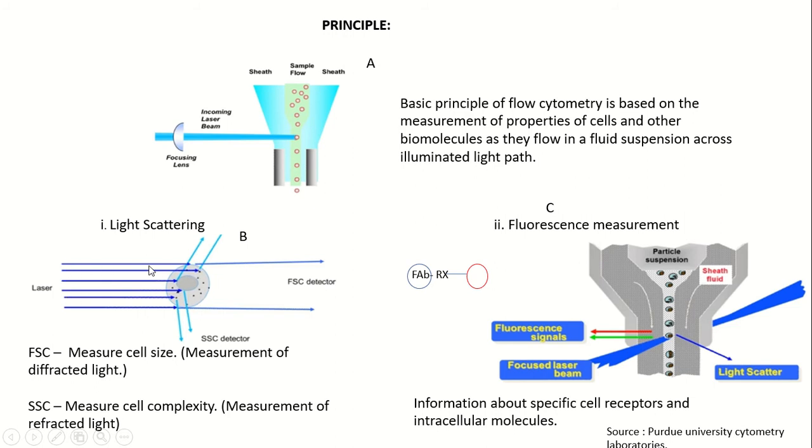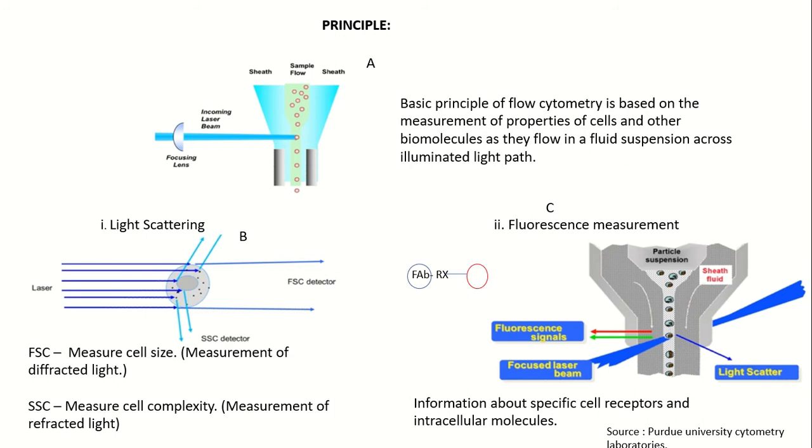Whenever this light interacts with the cell surface, it undergoes a slight diffraction, or a slight shift from the actual path of the laser light. Along the axis of the laser light, there will be a slight scattering of the light, known as forward scattering. The greater the forward scattering, the greater the cell size, because it is directly proportional to the radius of the cell. This was the first aspect that we can get from flow cytometry.